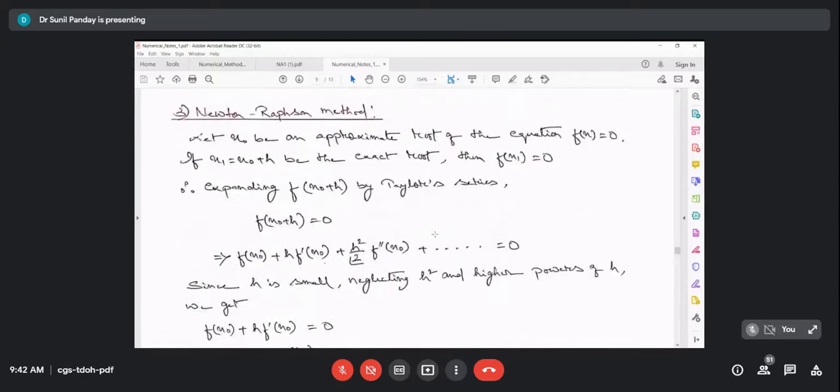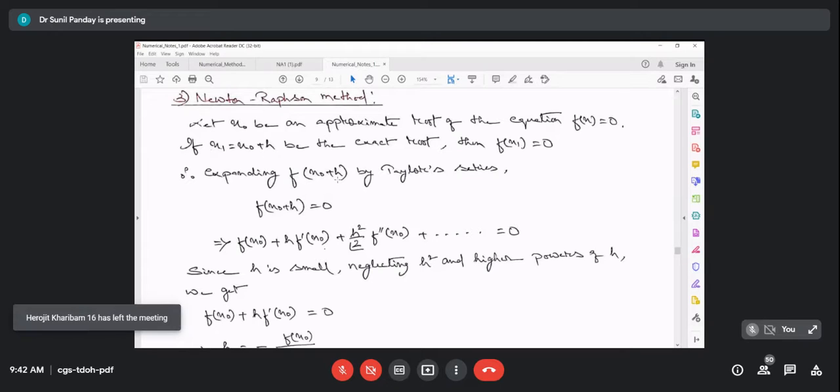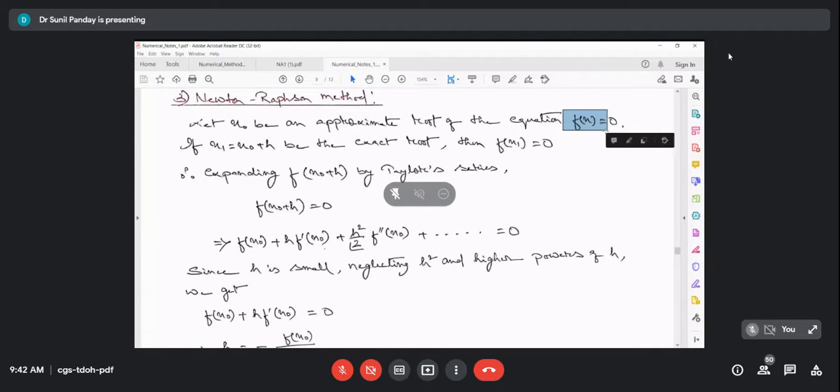Then they have derived the Newton method using the Taylor series expansion method. So you can see here, is this visible? This red heading line. Yes, sir. Okay. So here you have one function f(x) and you have to find one approximate root of this function. You selected one approximate root x0, and from x0 you have calculated x1, and this h is the correction that I make, and I will get x1.